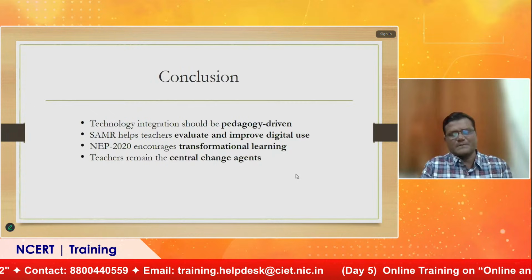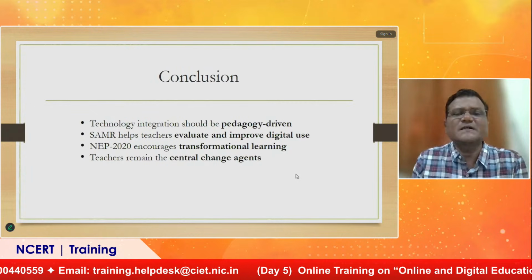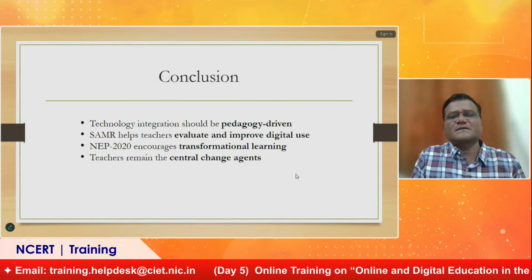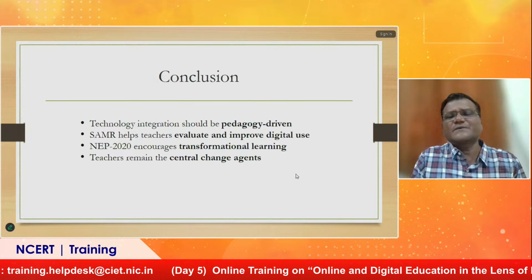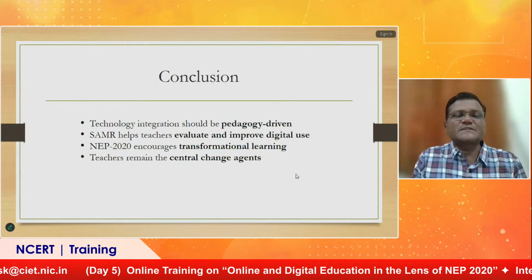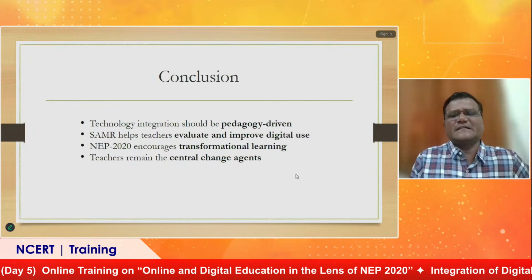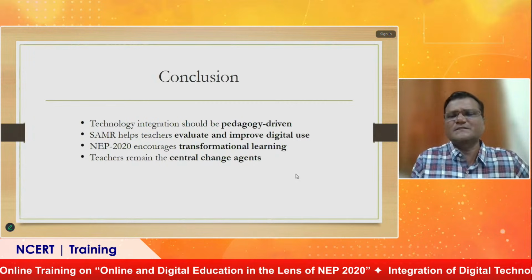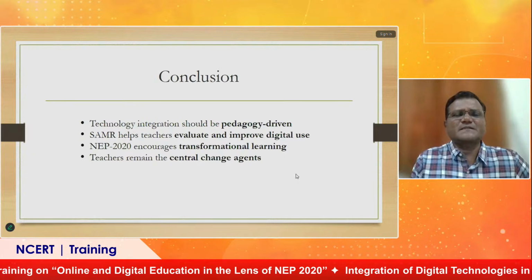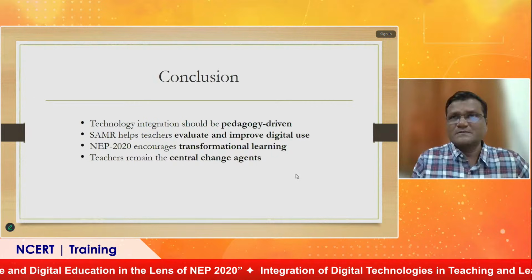Obviously, from whatever the situation of education is there, we have to transform it. We have to transform it in a very effective manner. Teachers remain the central change agent. Since ages, when technology emerged, there is a debate whether the role of teacher will be finished now.